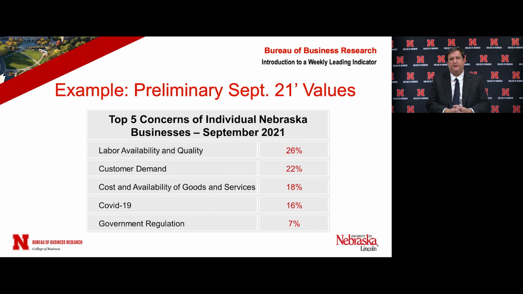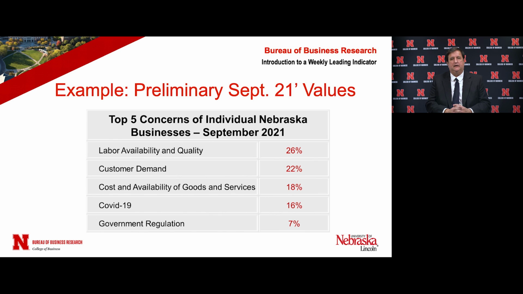But in this more recent period, things have changed. Labor availability concerns, challenges with the supply chain. And so we see a different result in September. There are really 4 most common answers. One of them is COVID-19, although I note that talking about COVID-19 and how it's affecting their business was not the most common answer. So there's some movement away from COVID-19, which obviously over the last year or so has been the leading answer in many months. The most common answer is concerns about the availability of labor and the quality of labor.